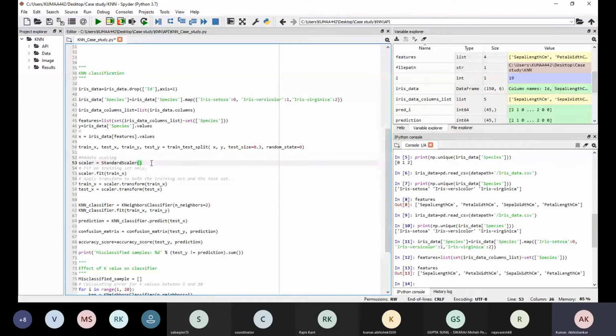Why am I using the train scaler to scale the test data also? Because, sir, the scaling should be the same for the train and the test. Yeah, because that is only used for model building. So that parameter only we have to use.